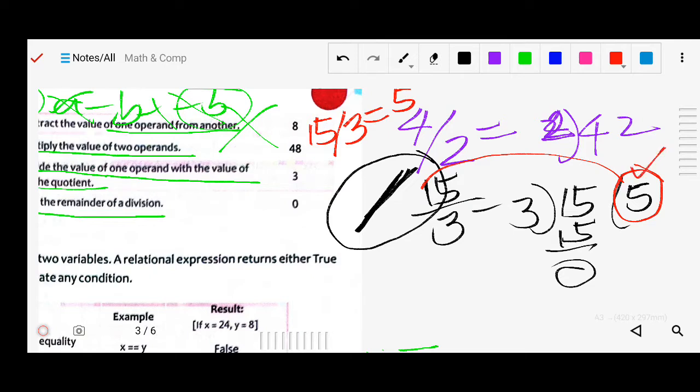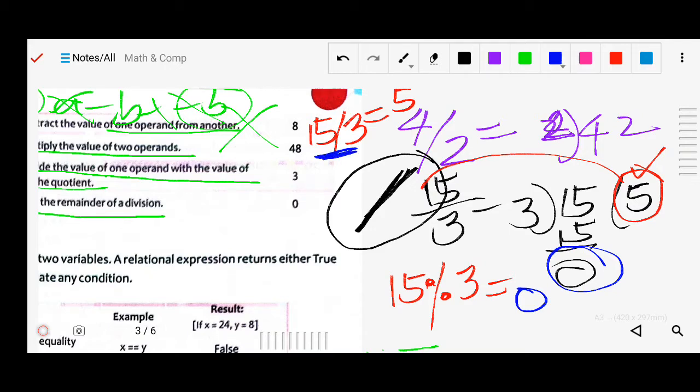But if you use the modulus operator, it is used to find the remainder, so what is the remainder here? The remainder is 0. That's the difference. If you use the division sign, it will give the quotient, but if you use the modulus sign, you will get the remainder.